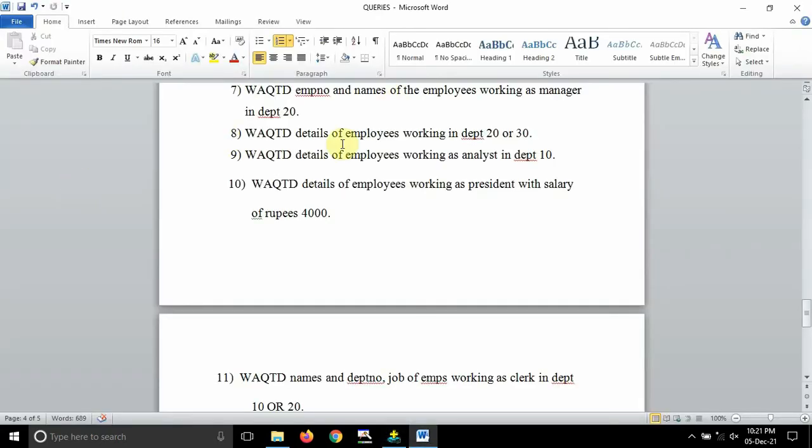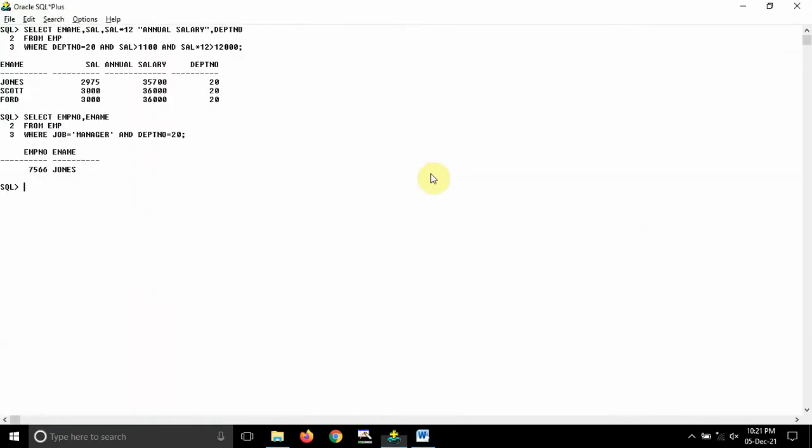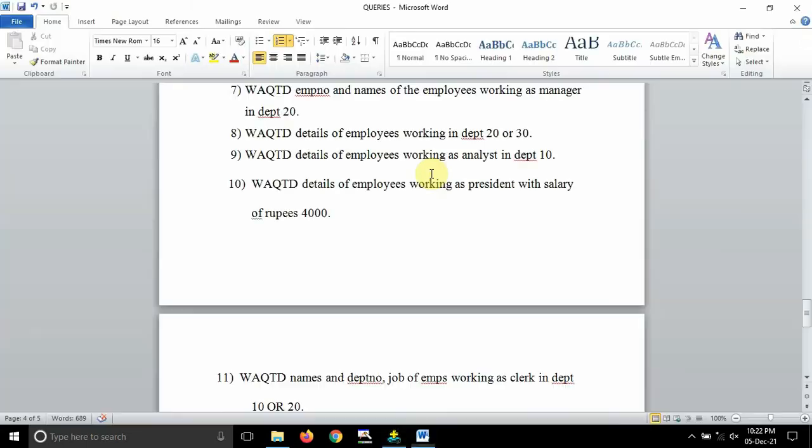Yes. Alright guys, so the 8th question: write a query to display details of the employees working in department 20 or 30. So here it is simple guys, SELECT star, that means all details from the EMP table where department number should be 20 or 30.